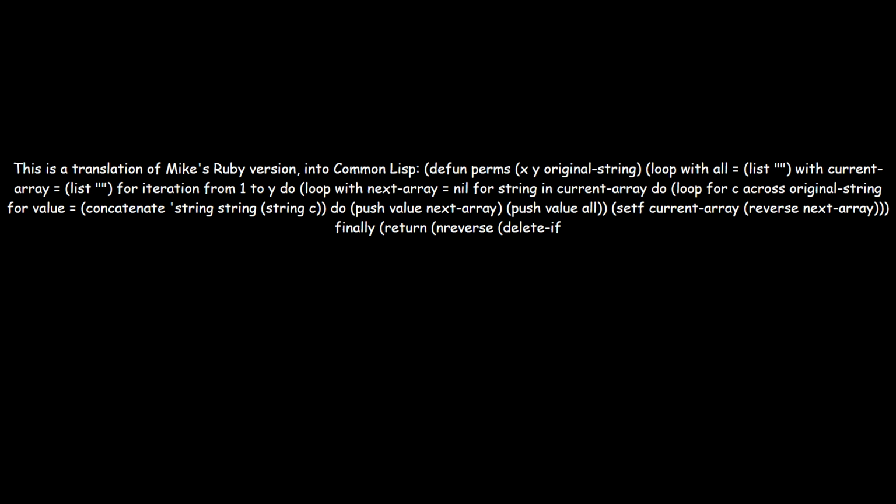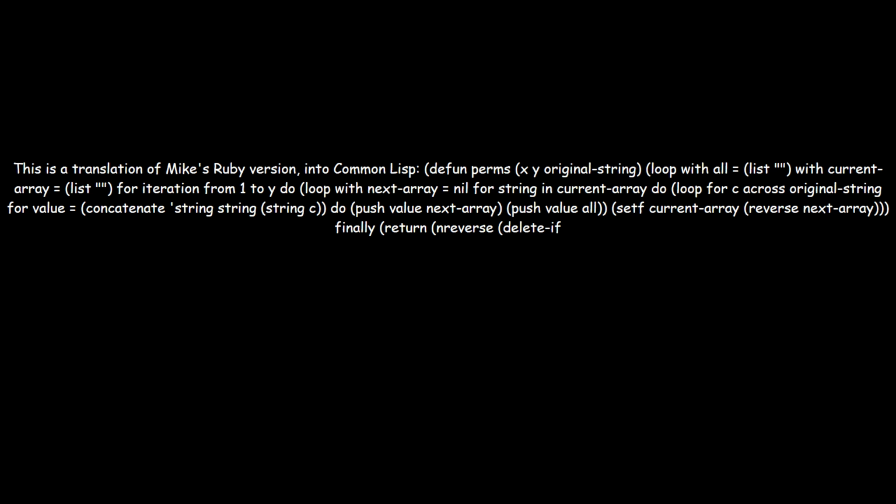do (loop for c across original-string for value = (concatenate 'string string (string c)) do (push value next-array) (push value all)) (setf current-array (reverse next-array)) finally (return (nreverse (delete-if (lambda (l) (< (length l) x)) all)))))